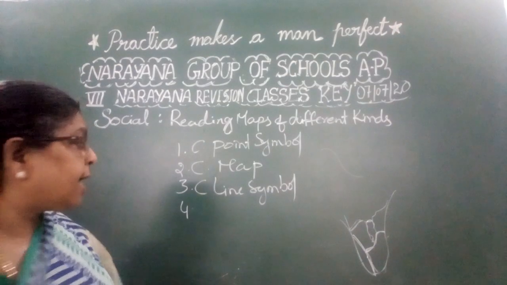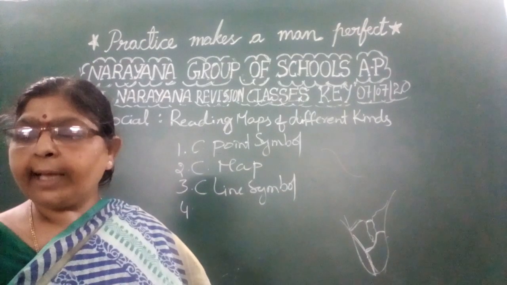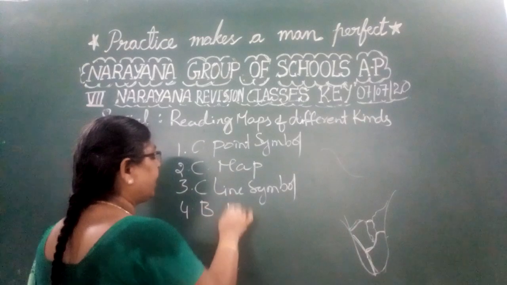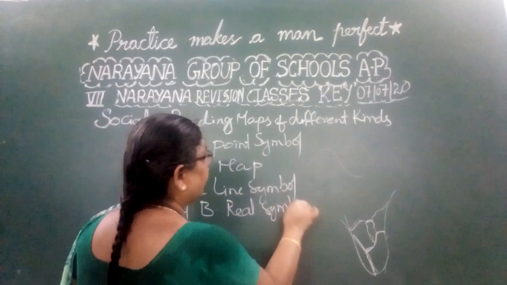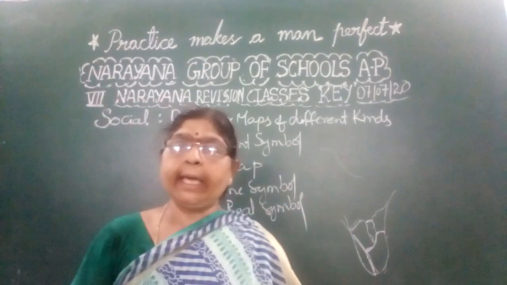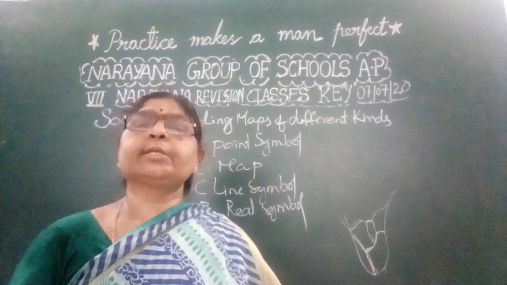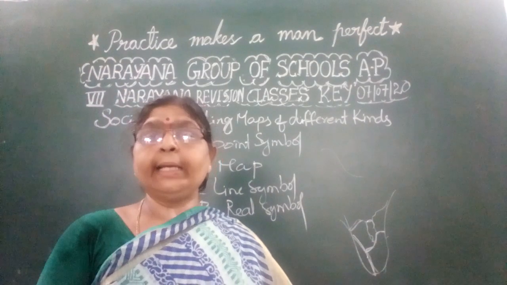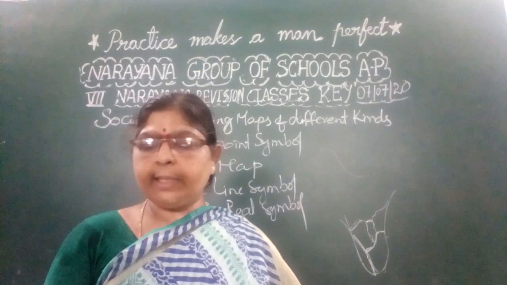These are known as the area symbols. What do we call them? We call them the area symbol. That is option B, area symbol. Usually we use the area symbols for showing these districts or states, and here we call them the area symbols. The symbols that are used are called the area symbols.